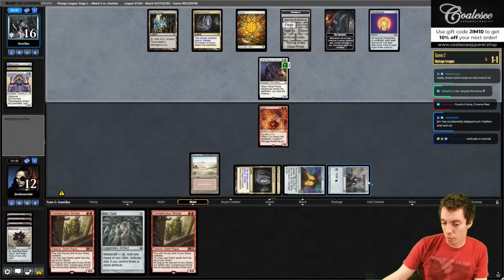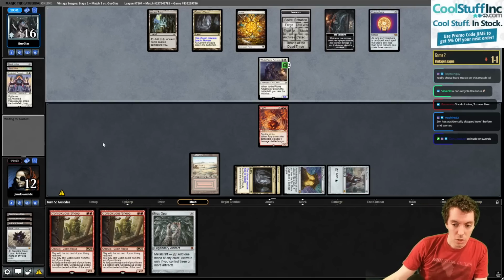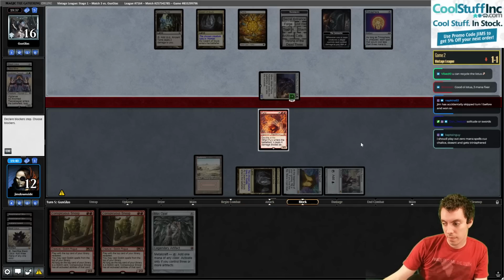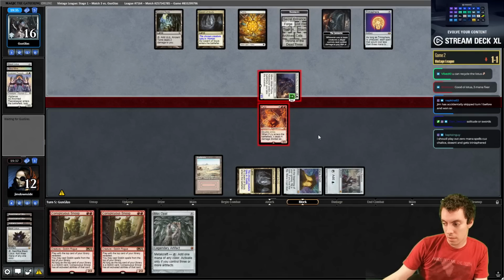See, 1, 2, 3, 4. Now our Snoops are online. Next turn we can cast Mox Opal and then cast a Snoop. I still got an edge block here. Yeah, I just have to block, so. Alright. And they're going to...